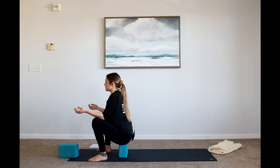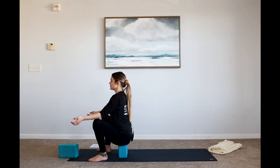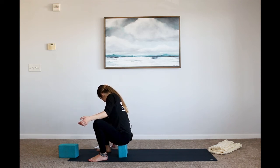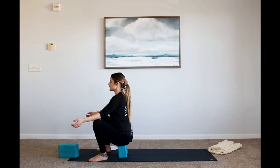If this position is not comfortable for you, I recommend trying it with your back supported by a wall, or by placing even more height beneath your bottom, sometimes two blocks stacked. And as your heart rate starts to slow down, begin to slow down your breath as well. So staying connected to your breath